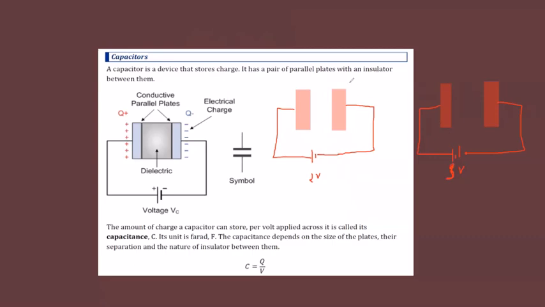So for example, this capacitor can store 10 coulombs of charge using 2 volts. Using 5 volts, you are able to store 100 coulombs of charge. So what is the capacitance? How much charge can be stored by applying